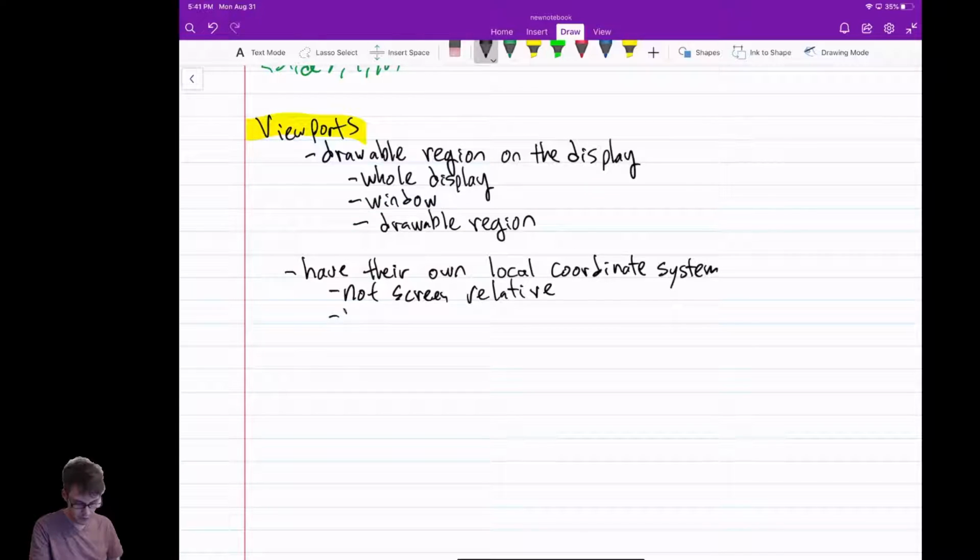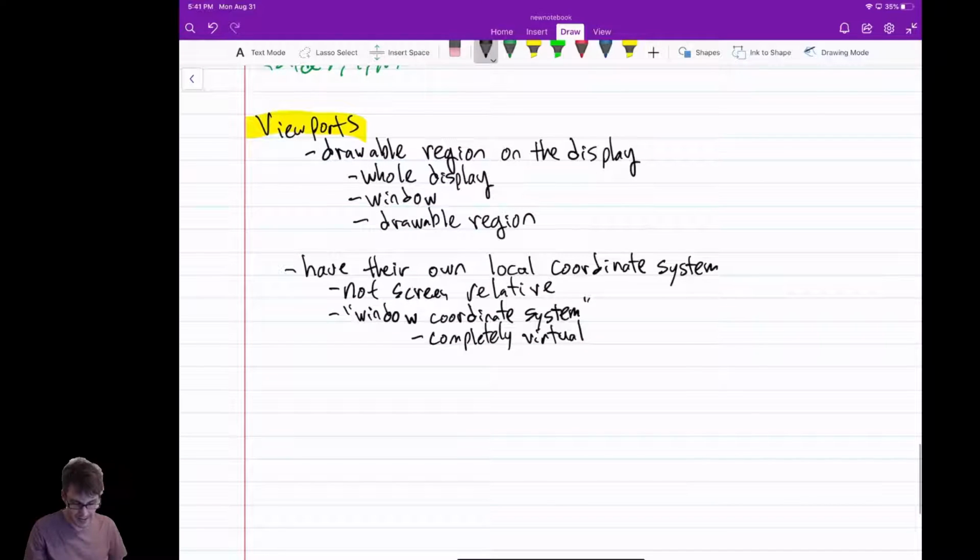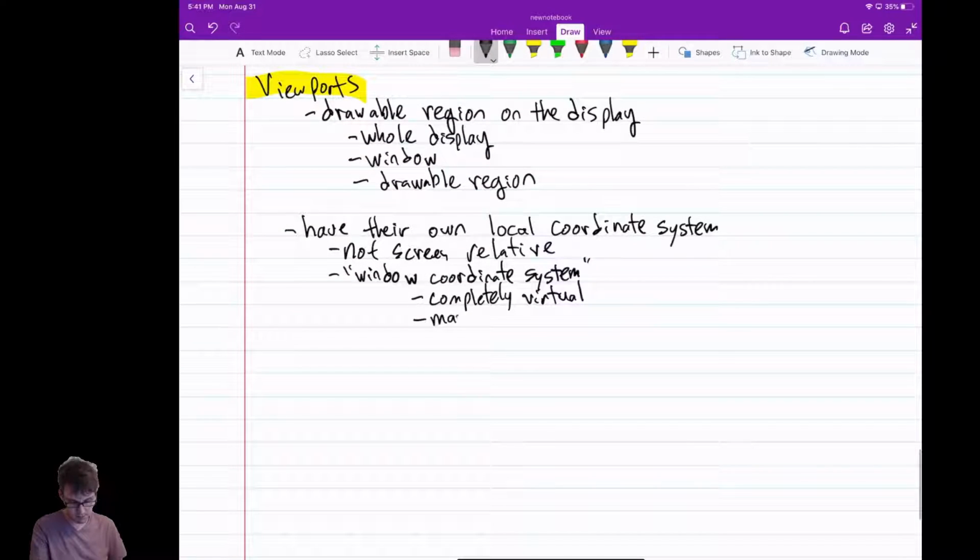This is often called a window coordinate system. And as I just said, these are completely virtual. They're made up. And there's a lot of reasons for this. They can map to pixels. They may map